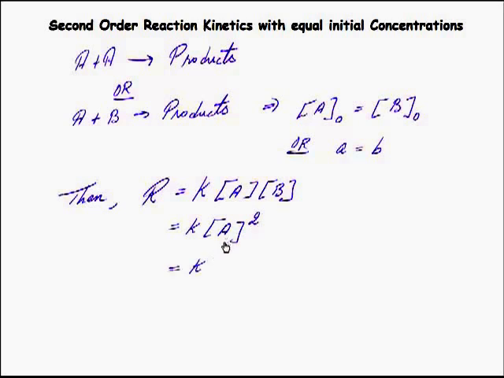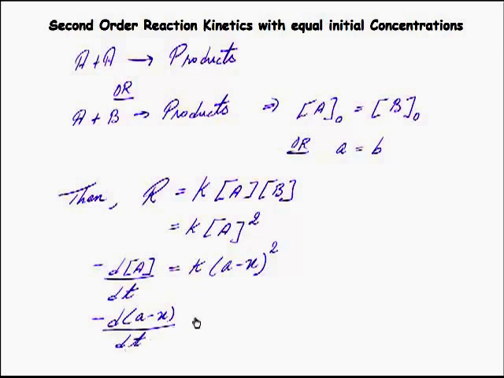As you all have seen in the previous derivations, we write the instantaneous concentration as a minus x, where a represents the initial concentration and x represents the consumed concentration. The rate of the reaction can obviously be expressed as minus dA by dt or as minus d of (a minus x) by dt. Now we can rearrange this equation and integrate it. So we can write this as minus da by dt plus dx by dt, opening up the brackets, and that is equal to k times (a minus x) the whole square.